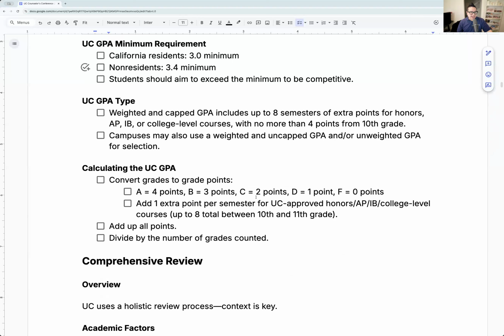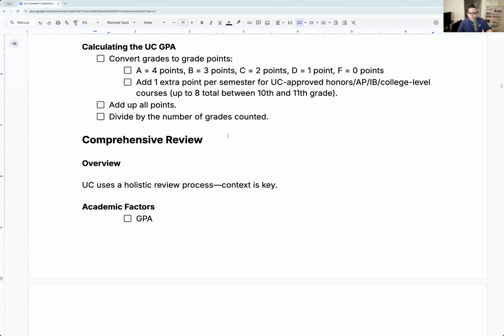So that's the GPA. The math is pretty simple. It's like calculating your own GPA. It's the classes from the summer after 9th grade to the summer after 11th grade. So 9th grade doesn't count, and 12th grade itself doesn't count, but the summer after 9th and the summer before 12th all get factored in. There are no pluses or minuses. It is per semester, so if you have two grades on your schedule, you get a +1 for each class that is an honors class. Okay, so that's going to be the GPA factor.